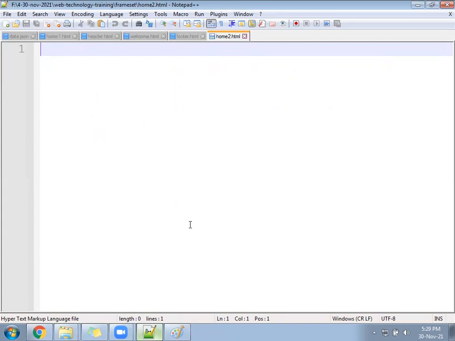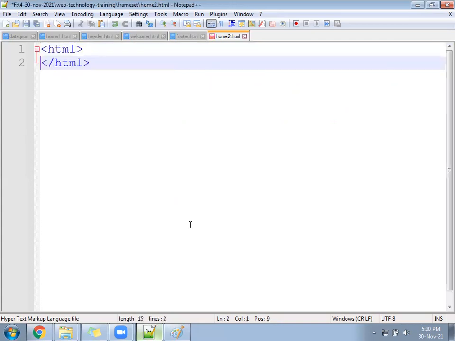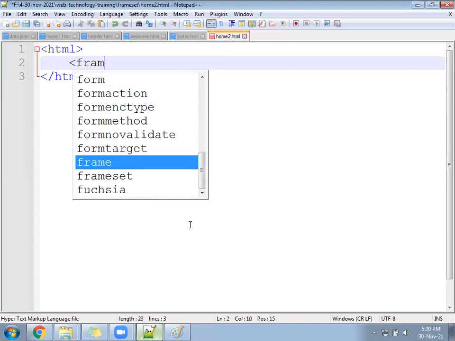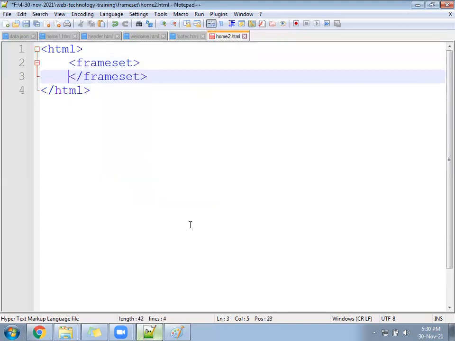Okay, in home2.html, follow the HTML, and after that follow the frame set, not body. HTML open close, frame set also open close.